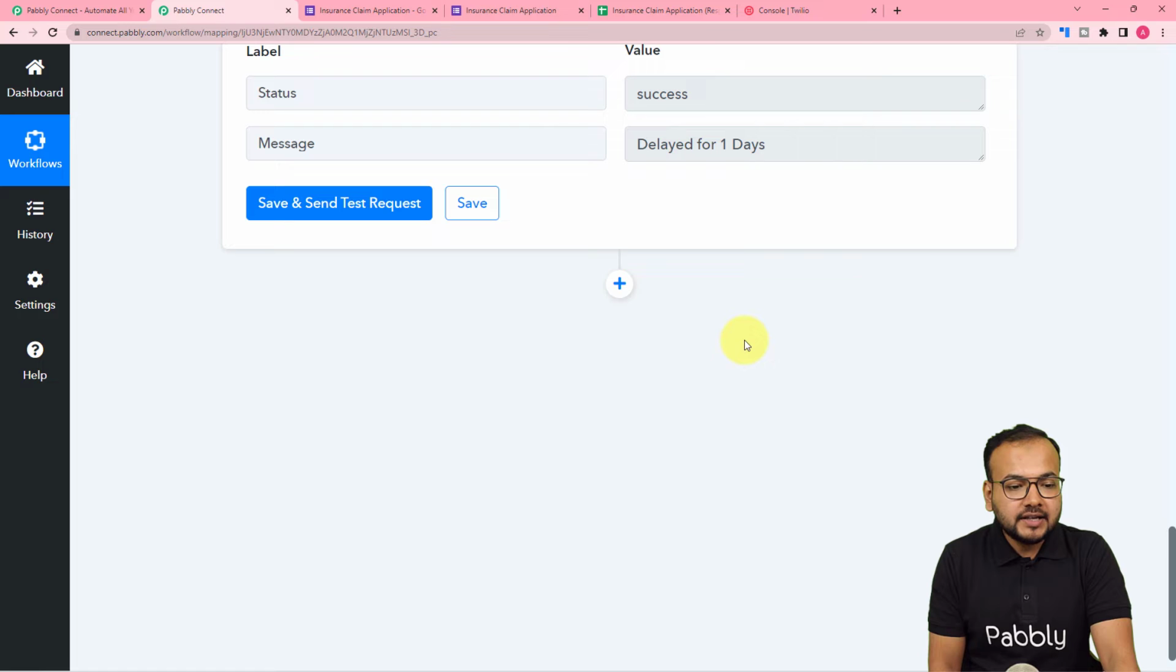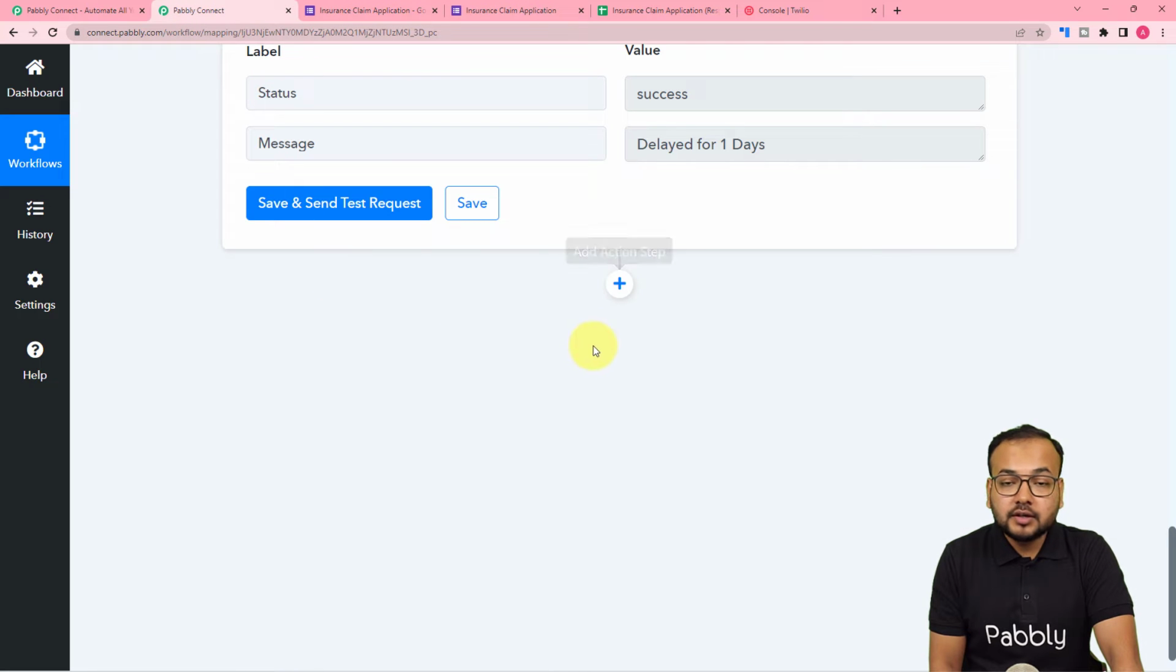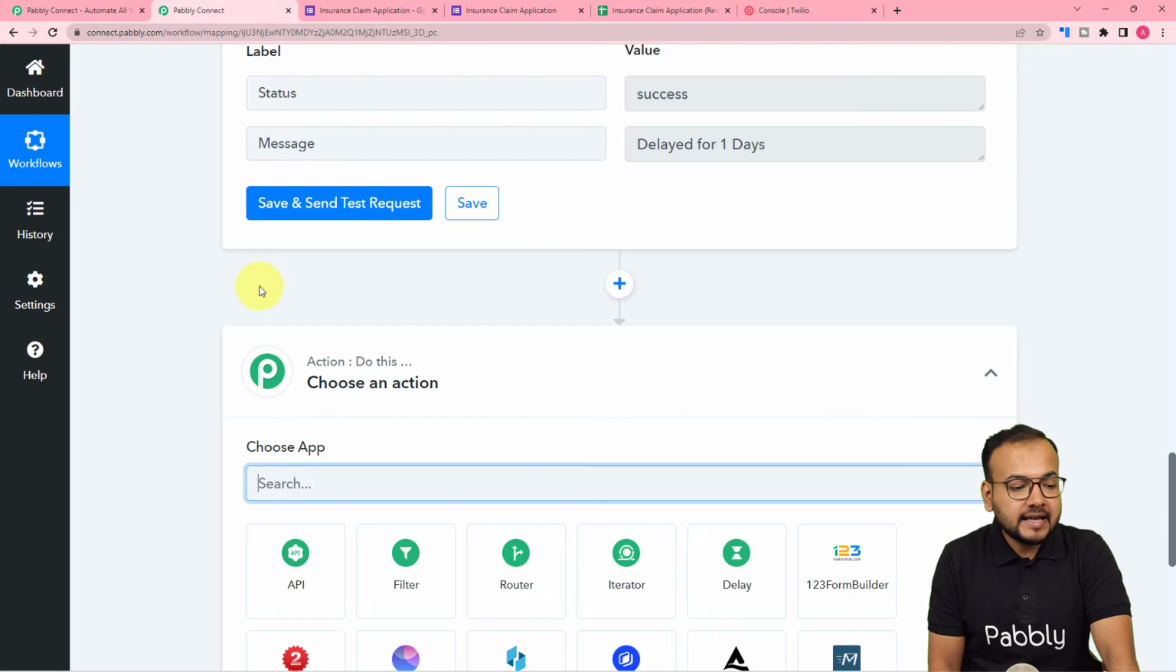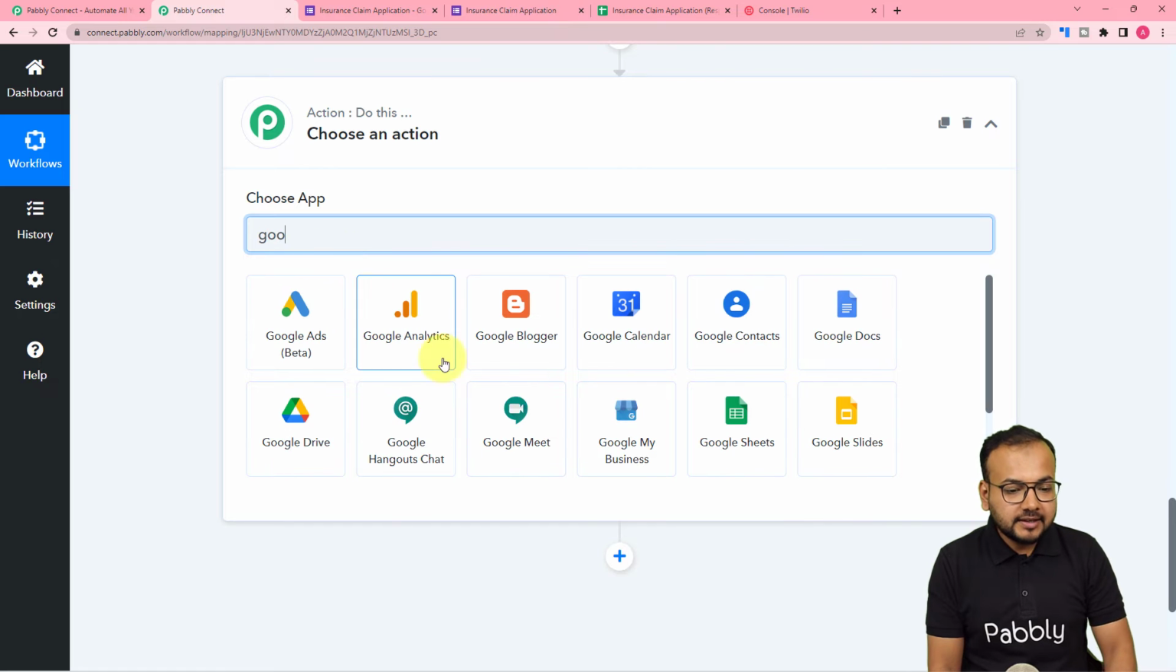After that, what we want is that this workflow should check the application status and send the alert messages to the people whose applications are approved. So for that, we are going to check the spreadsheet. Just click here on this plus icon, and we need to bring the data again here from the spreadsheet. So connect with Google Sheets again,